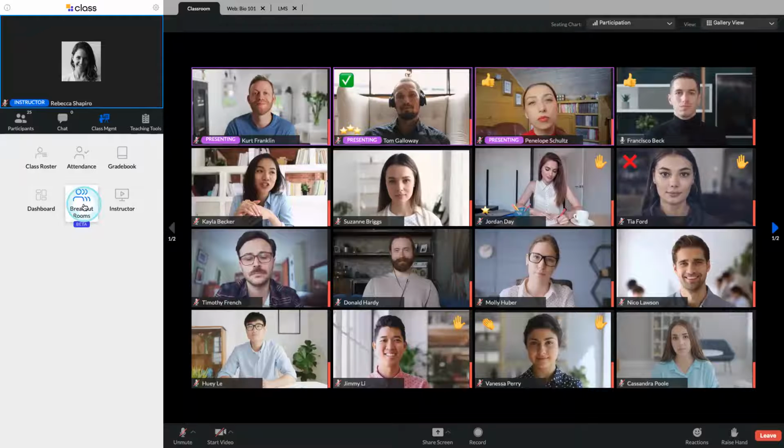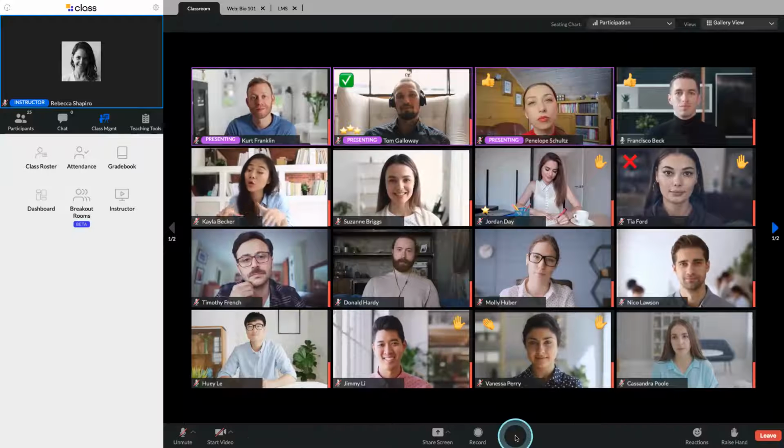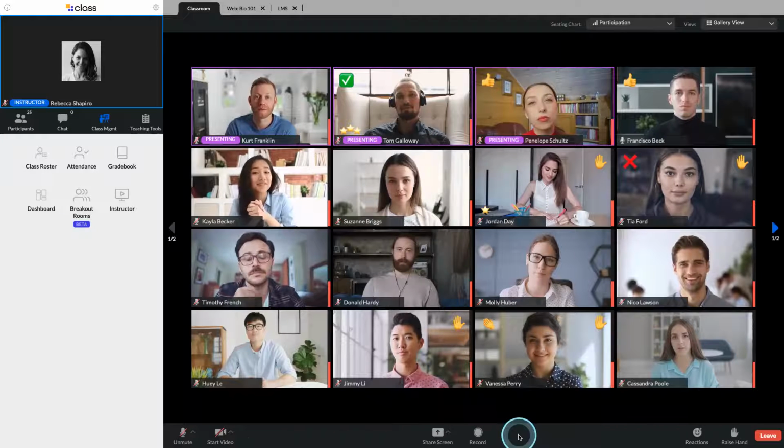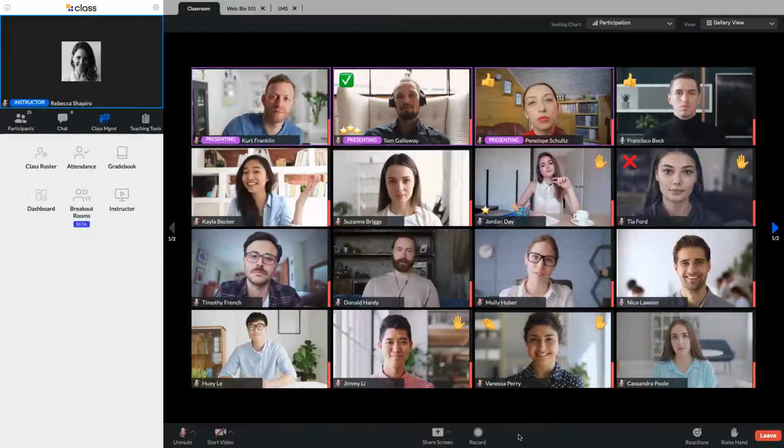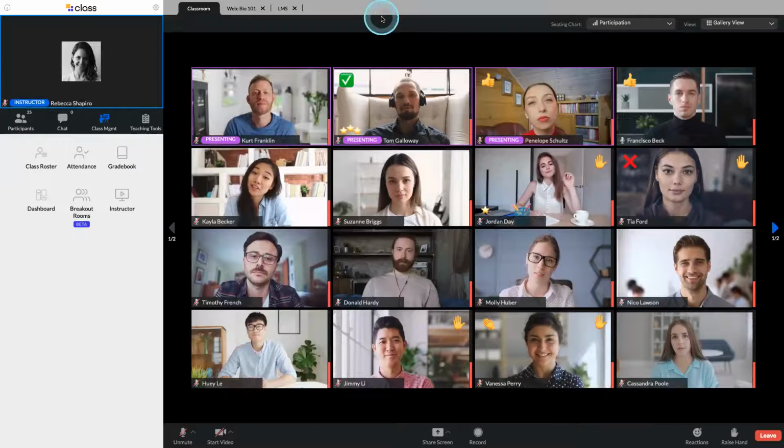Lastly, it says breakout rooms here. Breakout rooms is actually now going to live at the bottom here like it does in Zoom. And right now, class breakout rooms operate just like they do in regular Zoom. But we have a lot of features that are coming,